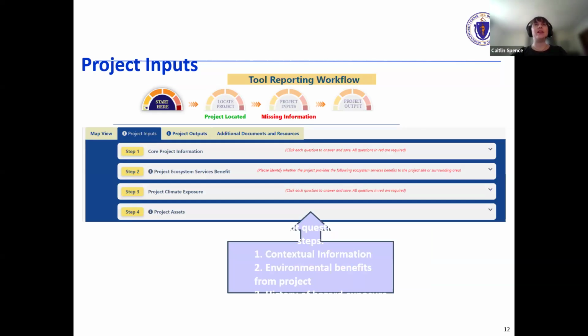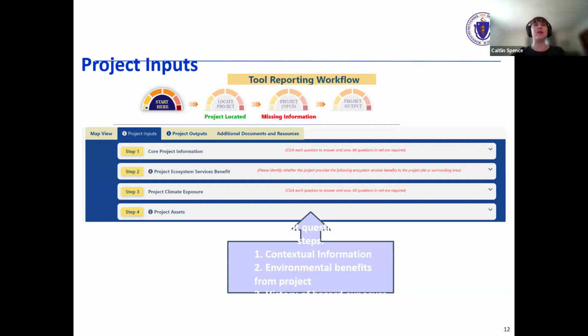The tool will then ask the user for information about what they are proposing at the location they just outlined. This information comes in 4 different steps or categories. One category is core project information, about what it is.